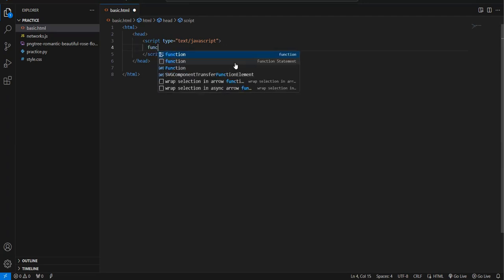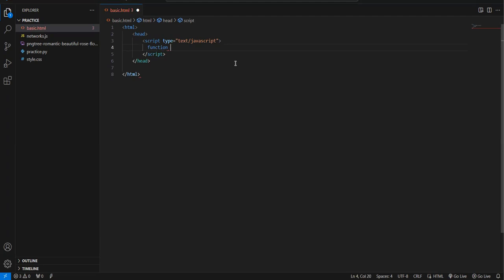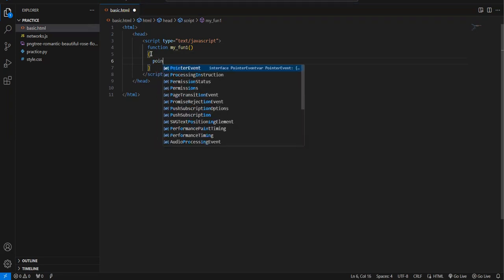First we are going to use a function called myfunction. We are creating this function from our side, only one function. These are not inbuilt functions. Now it's time to open curly braces, and inside the curly braces